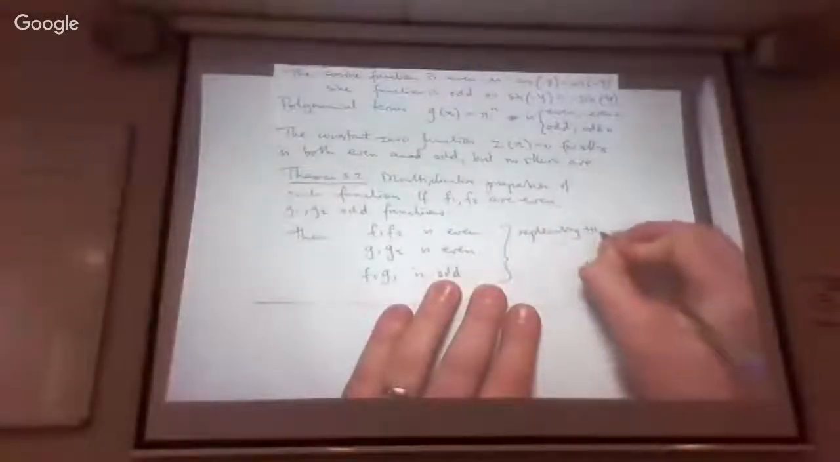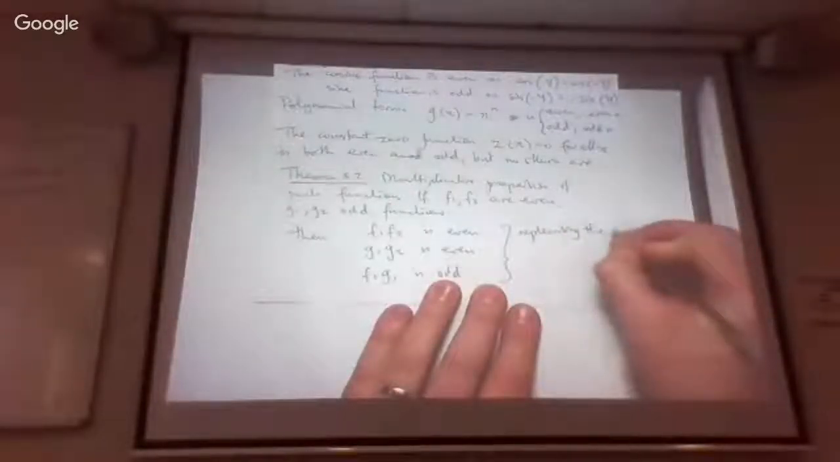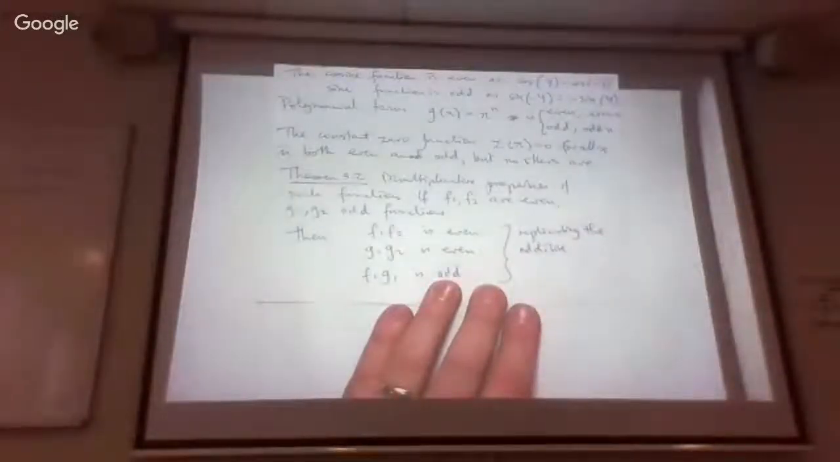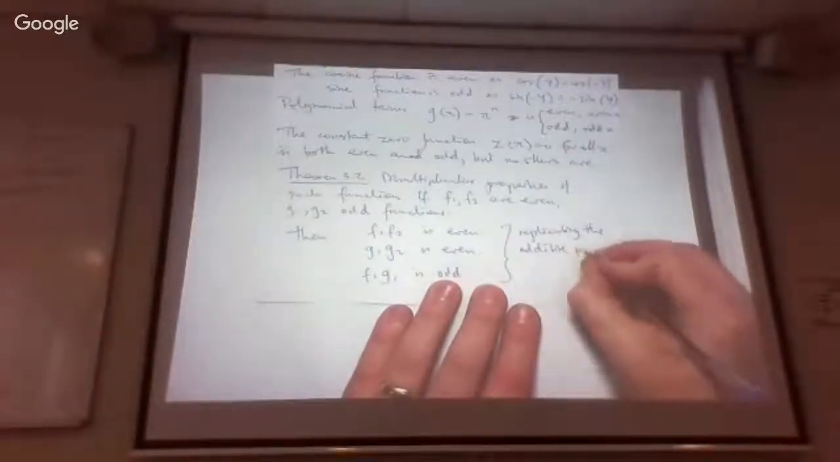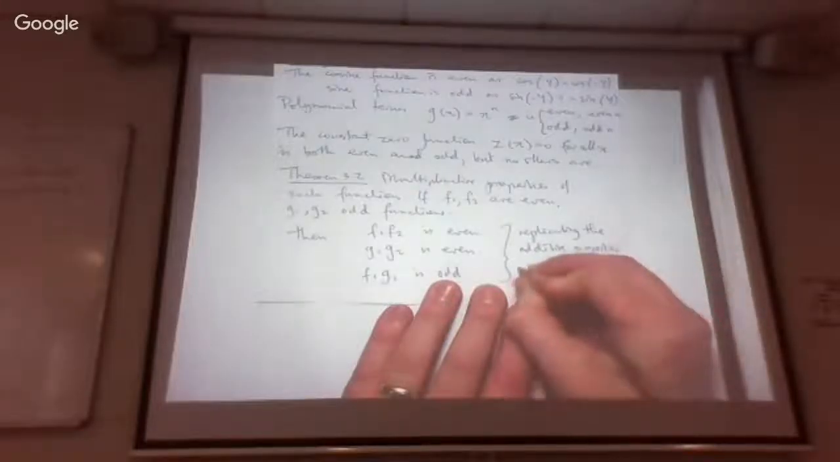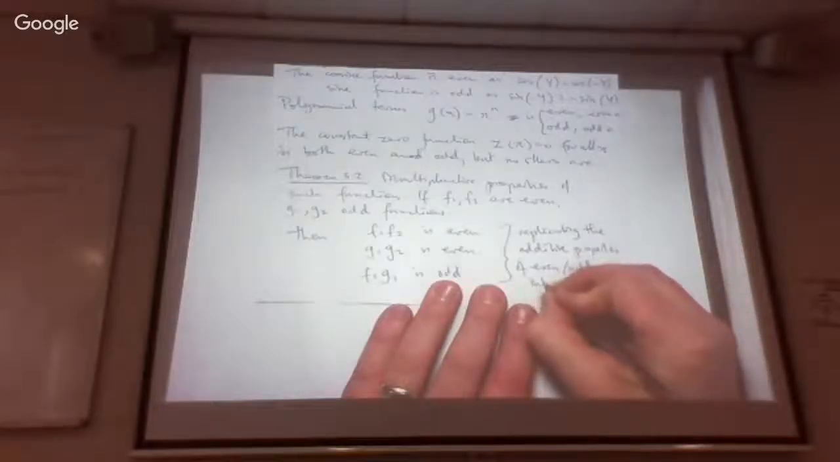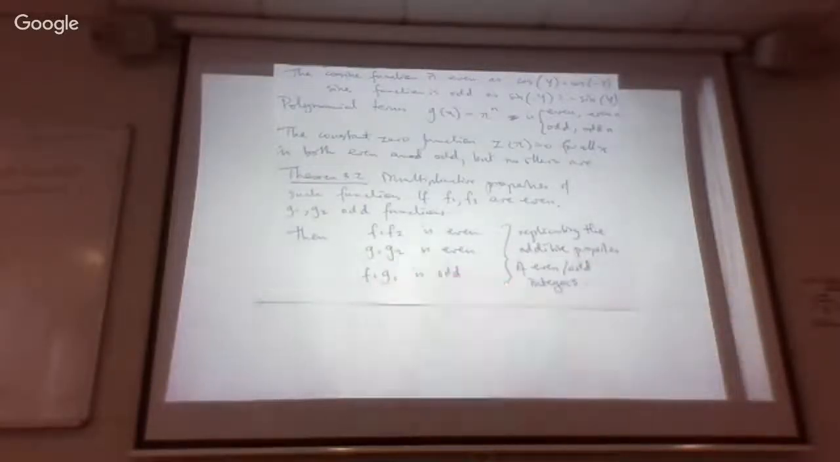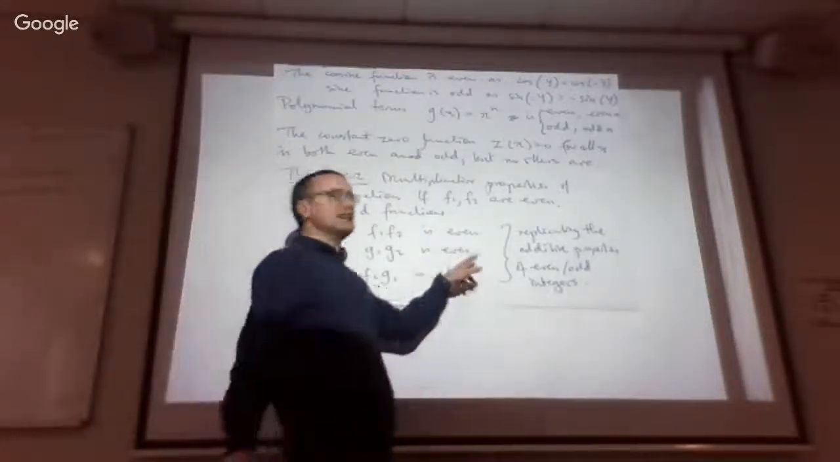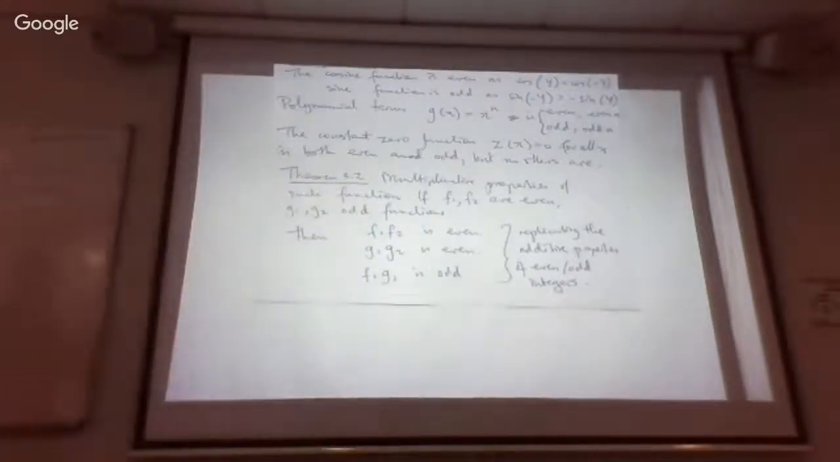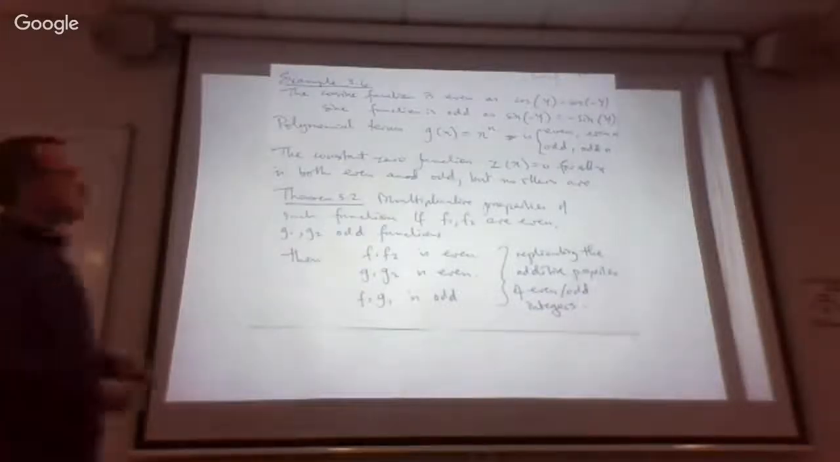So actually, this is replicating the additive structure, the additive properties of even and odd integers. Okay, if you add two even integers, you get an even integer. If you add two odd integers, you get an even integer. If you add an even integer and an odd integer, you get an odd integer. Okay, you can comprehend or appreciate that connection between the multiplicative